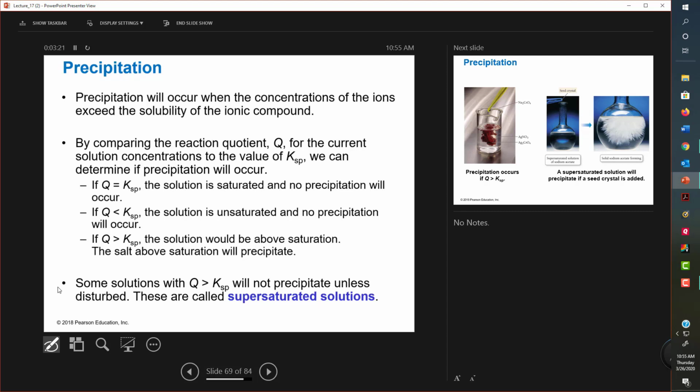If we look at the slide here, we've seen this over and over again. If Q is less than K, then the reaction will shift to the right, and more solid will dissolve. So what we're looking at is